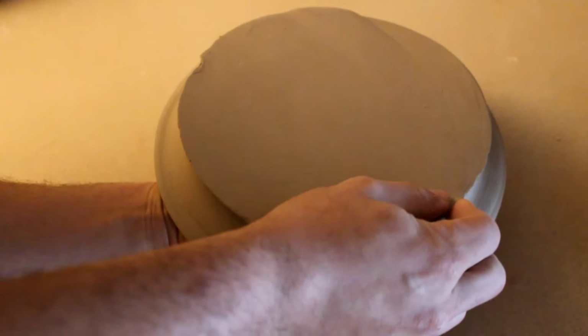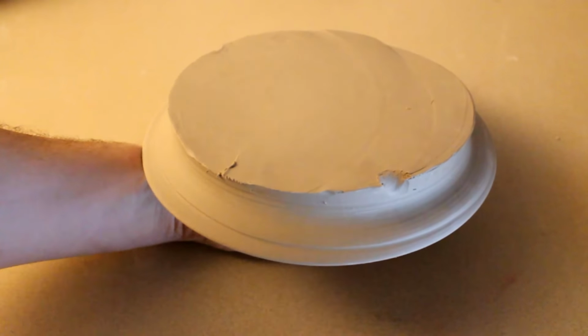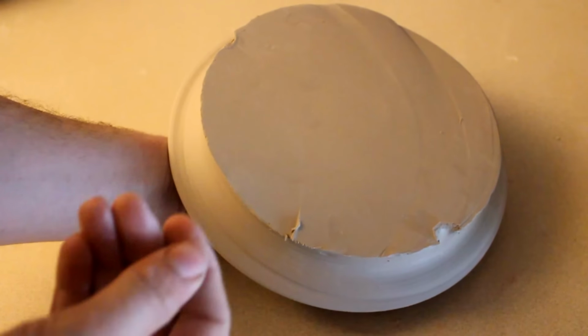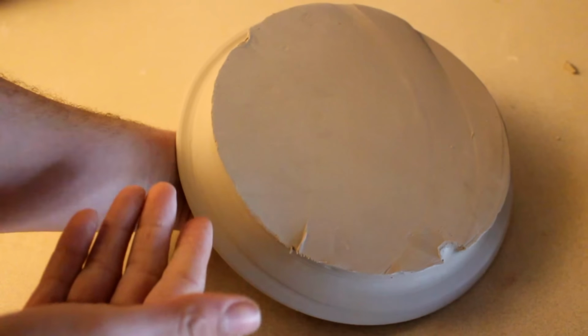Look, I can just tear off a chunk of this stuff if I feel like it. It's not that hard. That's damn near impossible to do in the leather hard stage. I prefer to trim my stuff in the leather stage. It feels just like a leather belt, and it's a little bit difficult to explain to you what that feels